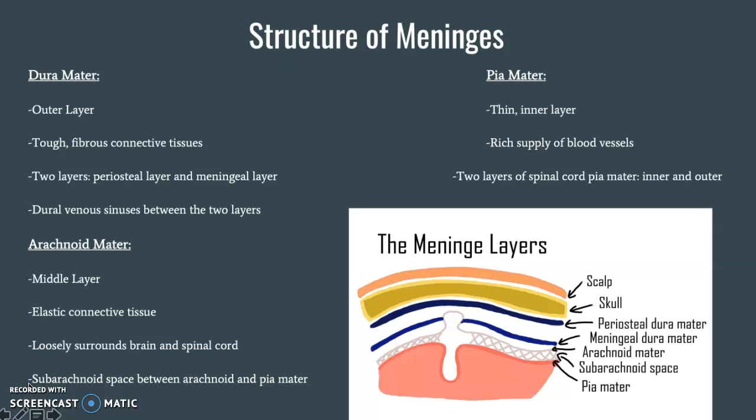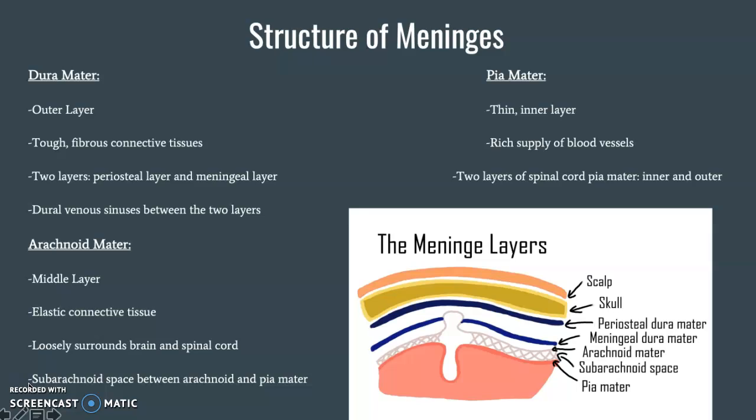Projections from the arachnoid matter, known as arachnoid granulations, form a connection between the subarachnoid space and the dura mater. These granulations take cerebrospinal fluid from the subarachnoid space and send it to the dural venous sinuses of the dura mater. The pia mater is the thinnest, deepest layer of the meninges that is in direct contact with the brain